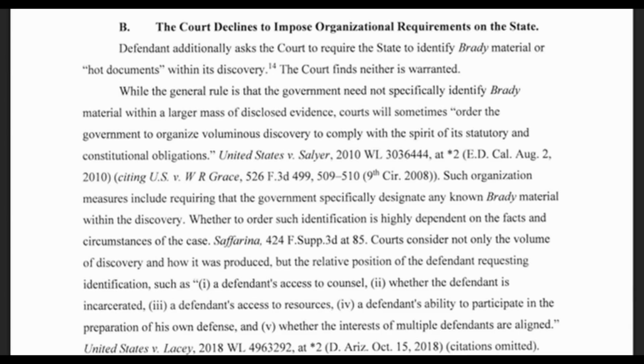While the general rule is that the government need not specifically identify Brady material within a larger mass of disclosed evidence, courts will sometimes order the government to organize voluminous discovery to comply with the spirit of its statutory and constitutional obligations. Such organizational measures include requiring the government to specifically designate any known Brady material within the discovery. Whether to order such identification is highly dependent on the facts and circumstances of the case. Courts consider not only the volume of discovery and how it was produced, but the relative position of the defendant requesting identification, such as